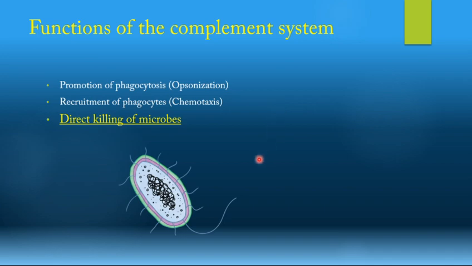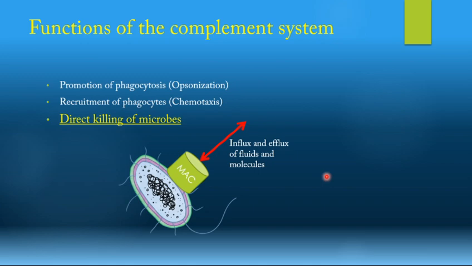And this is done by formation of a protein or a structure on the bacteria that we call the membrane attack complex. The membrane attack complex is basically a pore. It's just a simple pore in the cell wall and the cell membrane of the bacteria that will allow influx and efflux of fluids and molecules. So once this pore is formed, you will find that the insides of the bacteria are spilling out and the outsides are entering in, and that is incompatible with life, and so the bacteria or the microbe will die by that. So promotion of phagocytosis, recruitment of phagocytes, and the direct killing of microbes are the functions of the complement